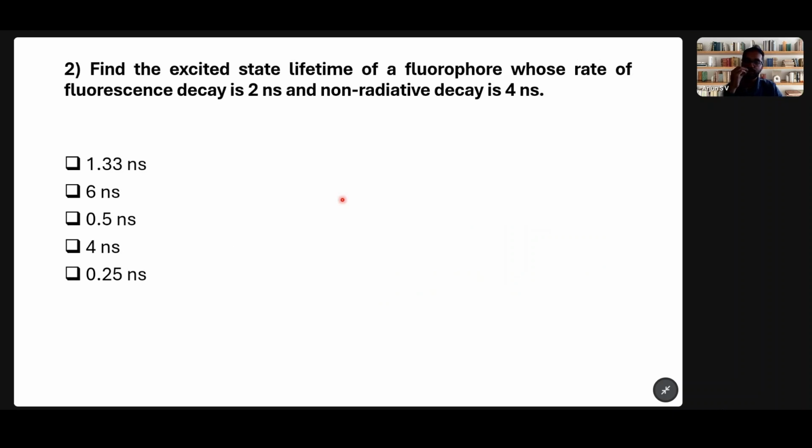So second question, find the excited state lifetime of a fluorophore whose rate of fluorescence decay is 2 nanosecond and non-radiative decay is 4 nanosecond. So we have the radiative decay and non-radiative decay. So we should apply a formula here saying that the excited state lifetime is basically,